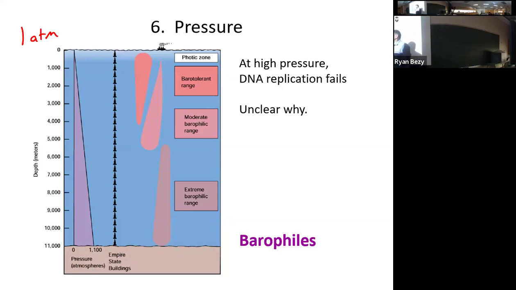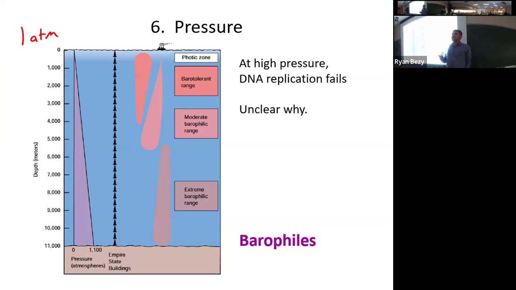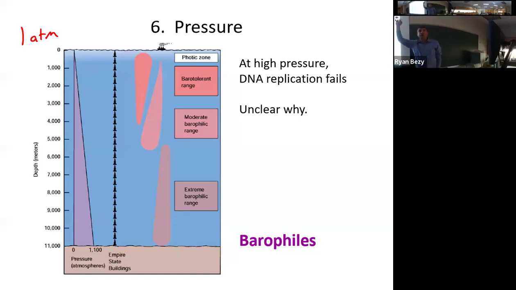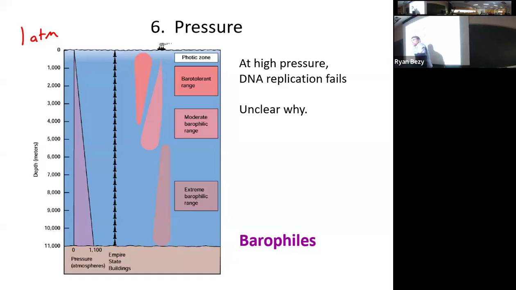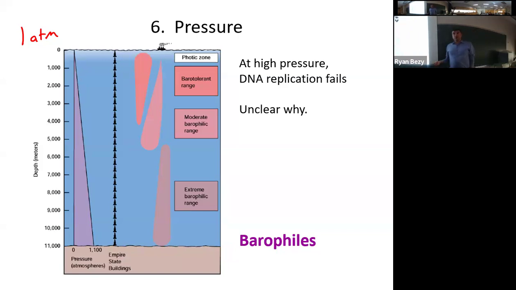And when we're talking about pressurized environments on Earth, what might be a pressurized environment on Earth? A high pressure environment. Yep, deep sea. So we might be talking about 1 atmosphere at sea level, but as we go down in water columns, deeper and deeper into the ocean, then we get increasing pressure.